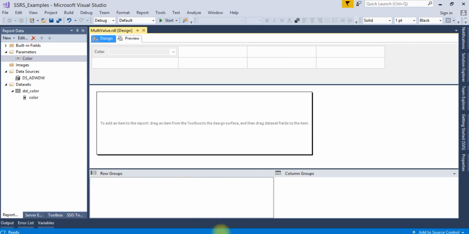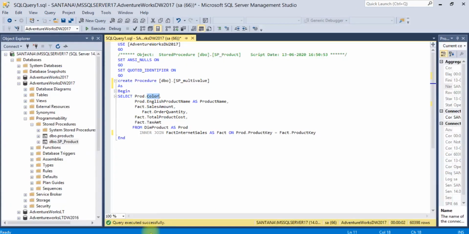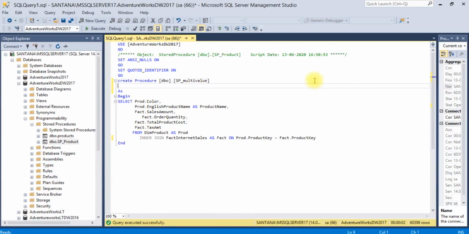Now let's configure the stored procedure here. So I'll accept that parameter, color varchar 255. This is the parameter which will come from the SSRS report.